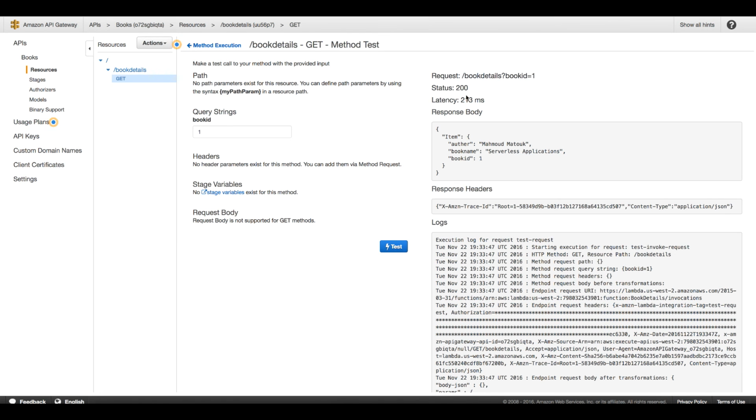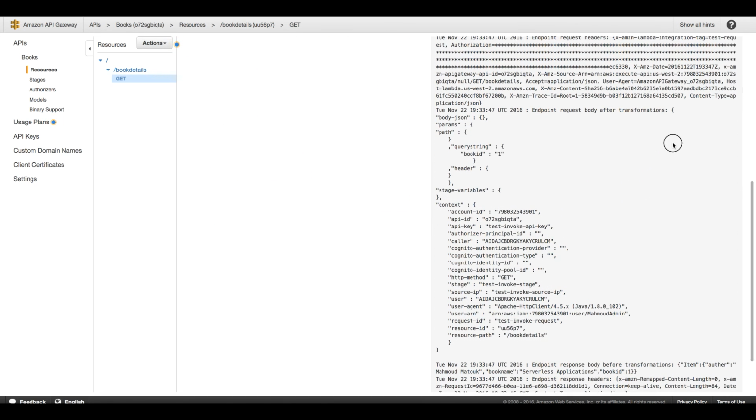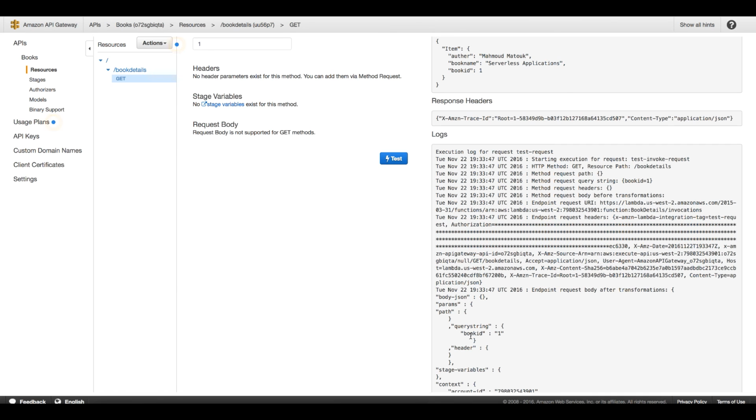Here you go, you see that it went to my Lambda function, and this is the response coming from my function. And here you can see what has been actually passed to the function. So you see that it created a JSON structure of my parameters and headers and all of the information I have in my request, and passed this over to the Lambda function. And because we have configured our Lambda function to expect the book ID in this structure, which is params, query string, book ID,